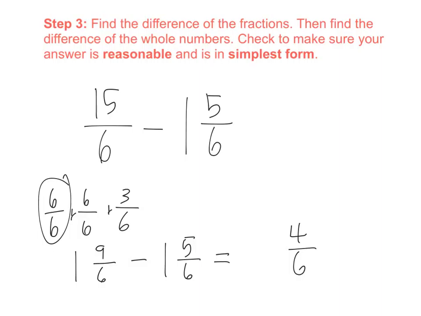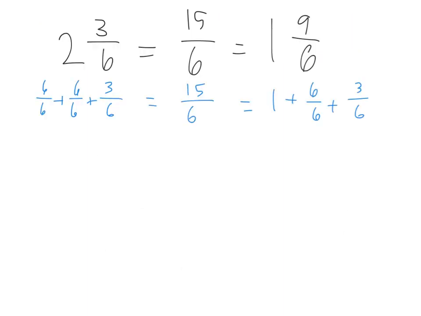Is it in simplest form right now? No. I can simplify it to be what? 2/3. And my label is 2/3 miles. Okay. Now, we know that these three fractions, these three numbers, 2 3/6, is equivalent to 15/6,